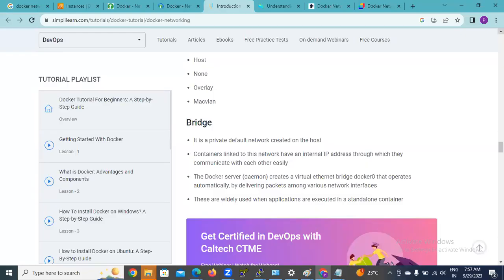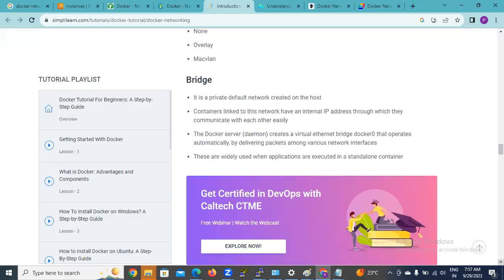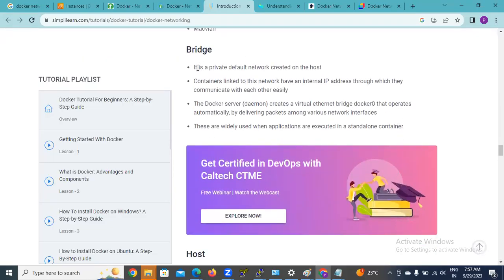Yeah, so as I already discussed, right? Bridge network, host network, none network. We have to understand that the bridge network is a private default network created on a host. Okay, it is private. It will create a private network on the host, and containers linked to the network have an internal IP address through which they will communicate with